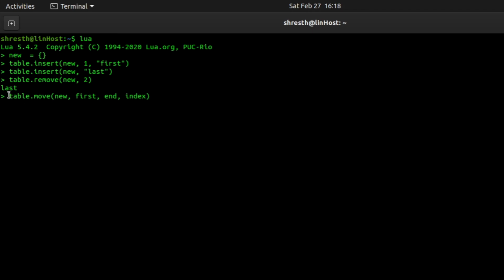So what this call will do is it will take this parameter, which is a table name, and inside this table it will move the elements from the first index to the end index to this index. To give you an example, let's say I want to insert an element at the starting of this table. So I can use this table.move function,